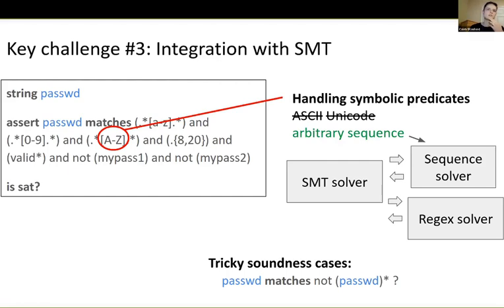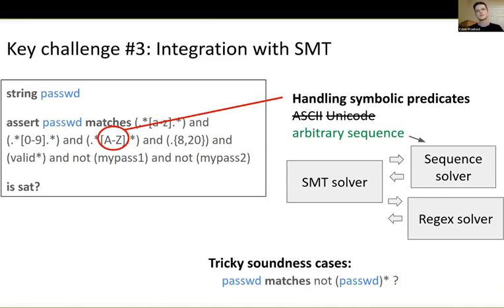It's kind of a user-defined or general Boolean predicate that can be true or false. And that means that for those predicates, you have to interact with the SMT solver to solve those. Like, is this satisfiable or not? And you want to have this kind of back and forth where you're incrementally computing whether things are satisfied. You're incrementally making progress on the regex, but also asking the SMT solver if the